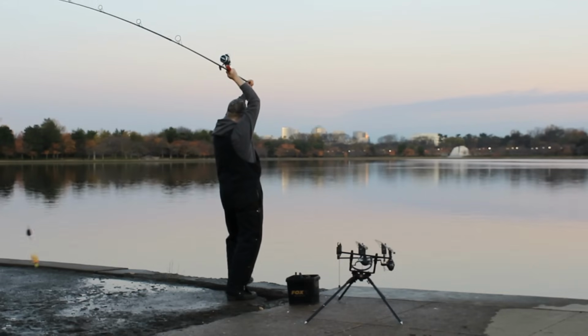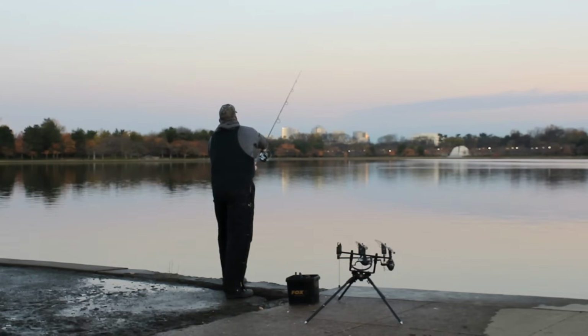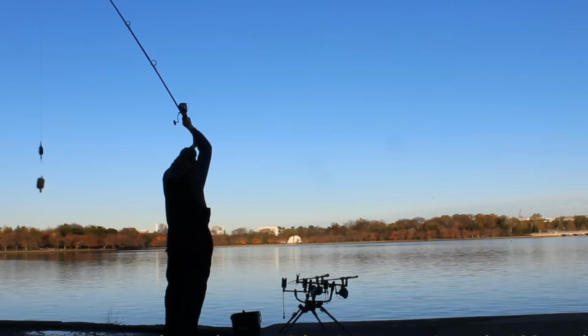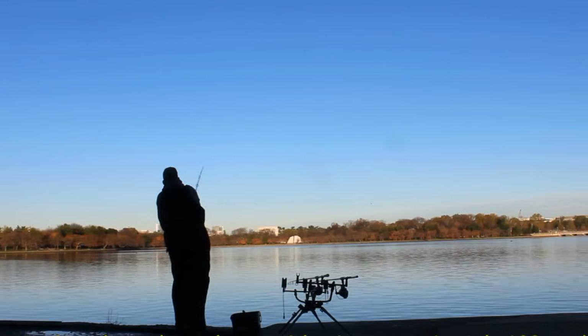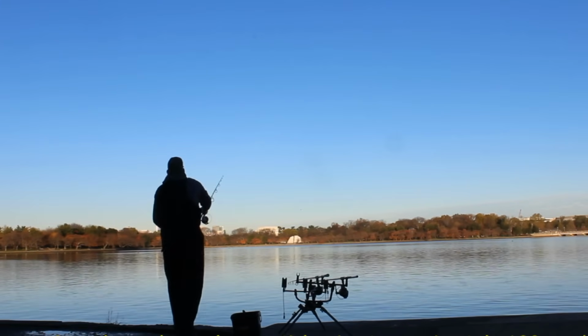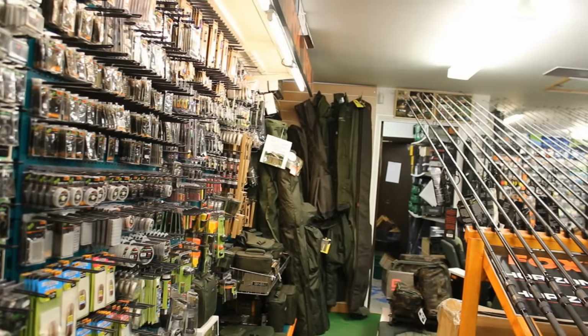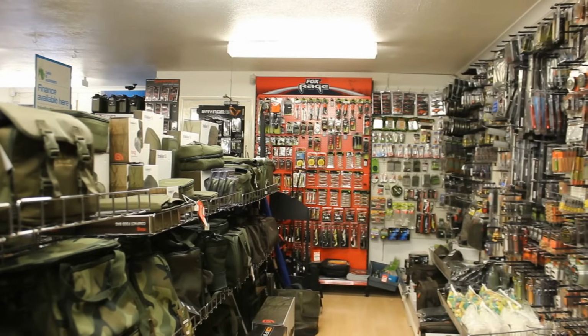The line lay is super slow and very even, and the spool is wide and deep for minimum friction. If you want to fish for carp at distances between 100 to 150 yards, this is the rod and reel combo for you. As you can see, you can spend as little or as much as you want on carp